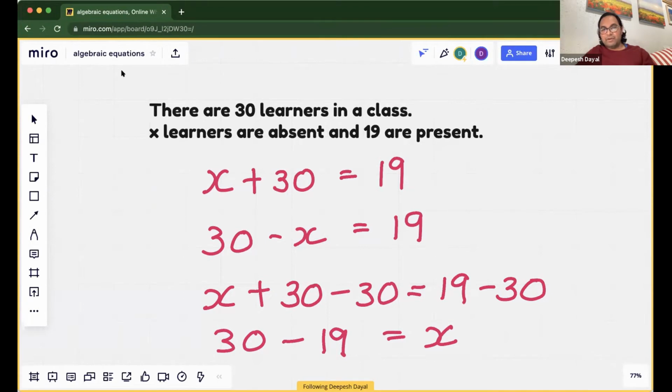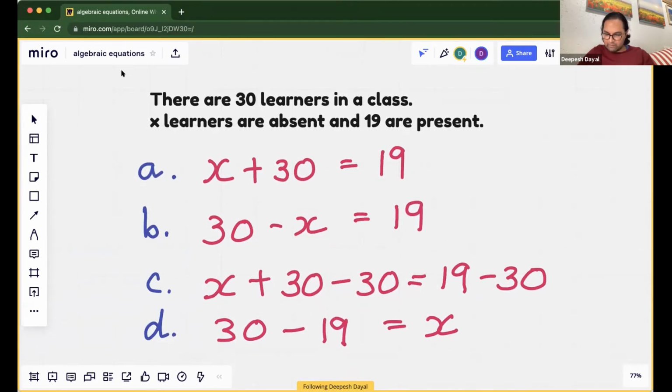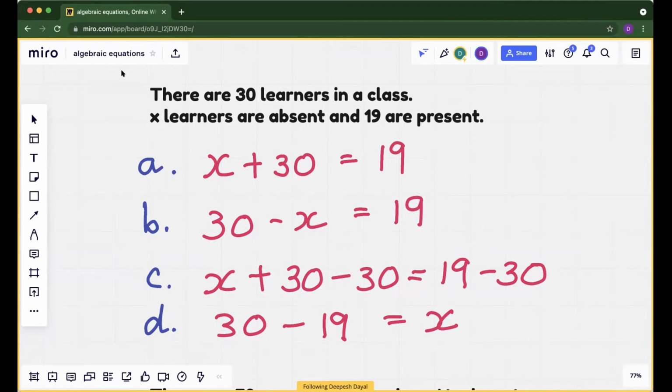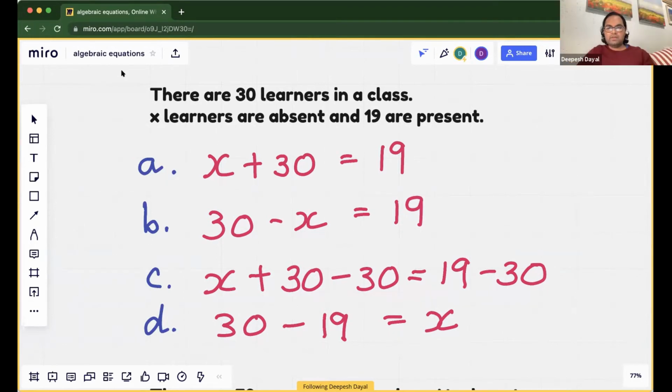Let's look at these. We've got 4 options here, and I'm looking in the chat. I'm seeing a lot of people have some of these options, but let's vote and see, right? There are actually 2 correct answers here. So this is A, this is B, this is C, this is D. You need to choose 2 correct answers from here. What do you think? Which ones are correct? Which one makes perfect sense out of these 4 options? A and C, you think? Yes, sir. Okay. What do other people think?